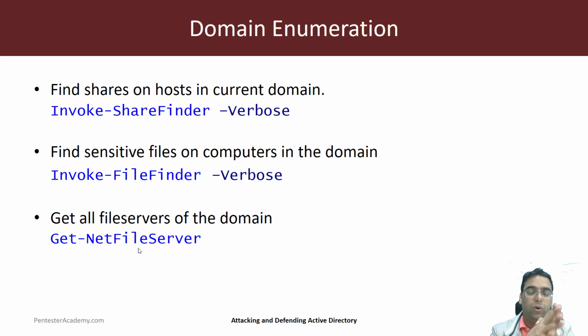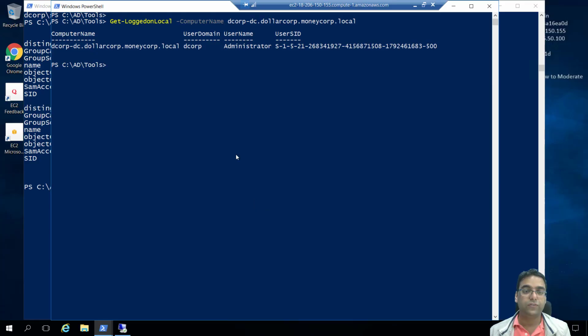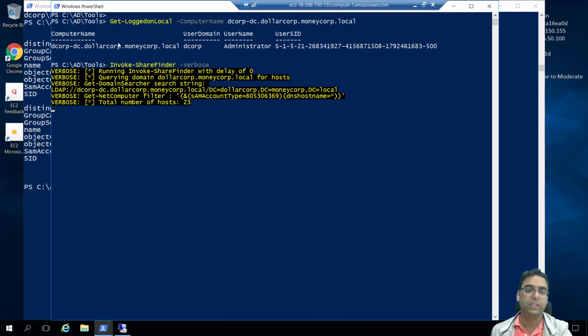So that was all about enumerating users, logon sessions, groups, membership of the groups, which user reverse membership of the groups, etc. Now we can also go for, once again, this is from PowerView, find shares on hosts in current domain. What Invoke-ShareFinder does, it looks for interesting shares readable, that is readable or writable by the current user in the domain. So if I run this with verbosity turned on